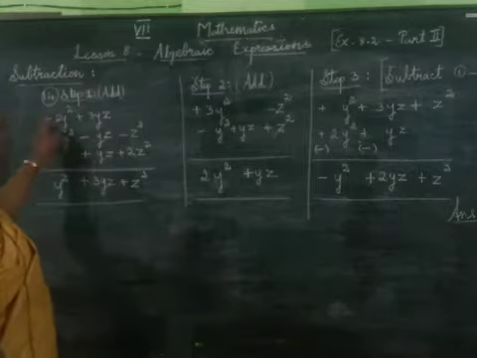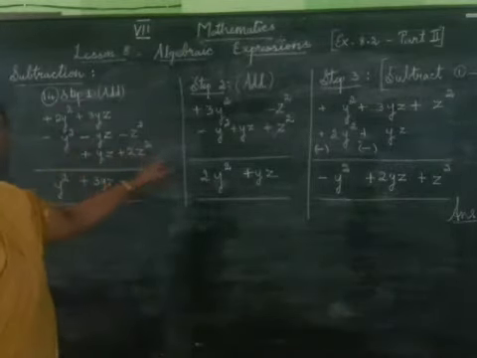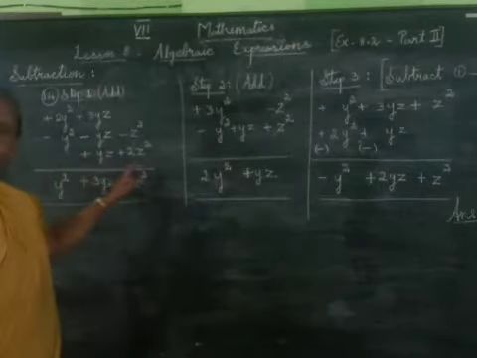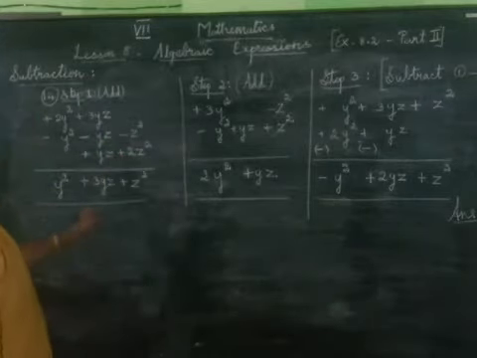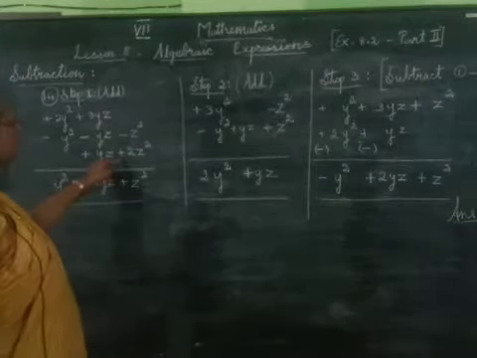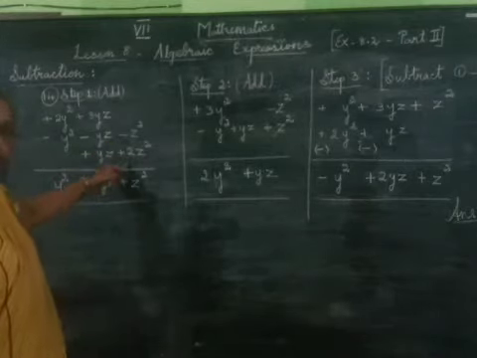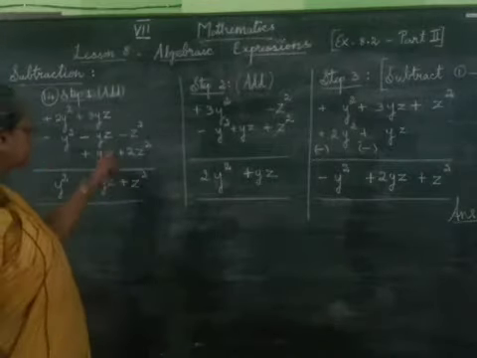So plus 2y² plus 3yz. The next is minus y² minus yz minus z². The last expression is plus yz plus 2z². We are writing them in columns. Then we are adding. Here we get minus 1 and plus 2, different signs, so we subtract and put the sign of the greater number. So when we subtract, we get plus